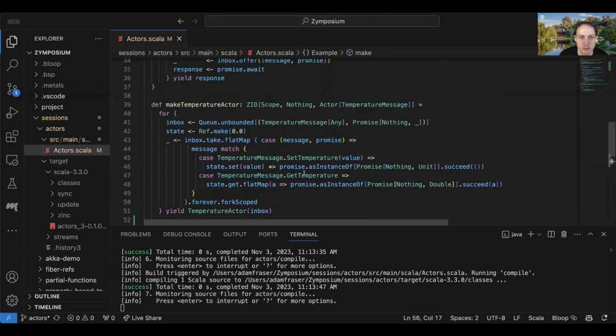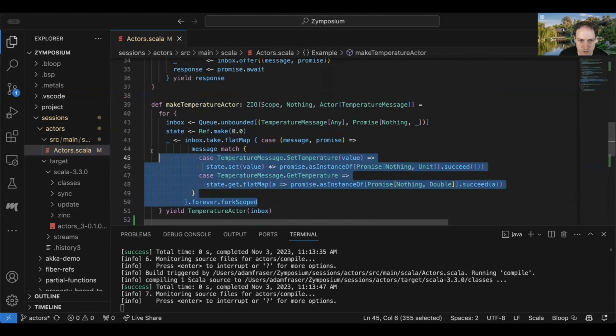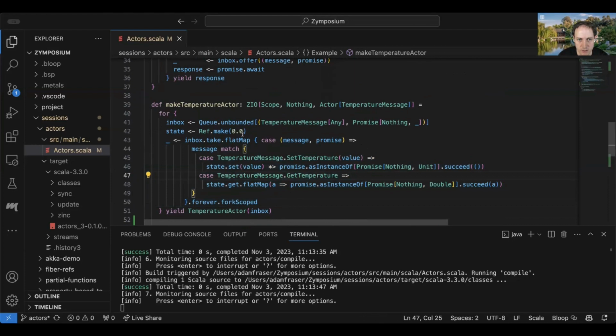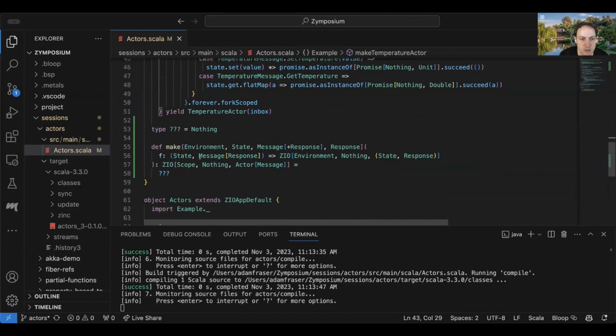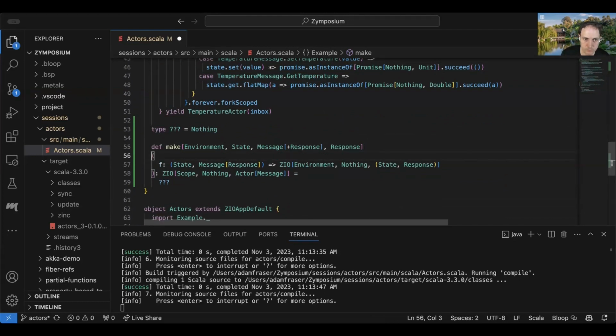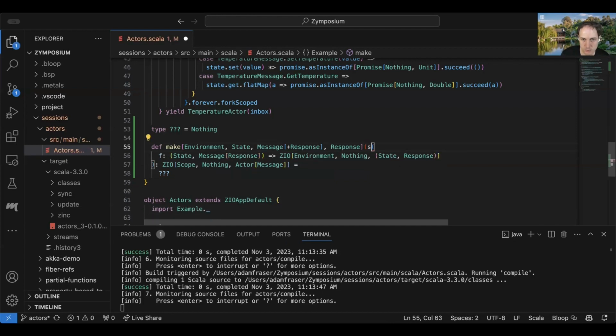We're missing an initial state. And we can also see that up here. If we focused on this, and this is where most of our business logic is, but we had one more thing that was specific to us, like here, we started with this 0.0, which is, I guess, we started with the temperature being 0 because we needed to have some number to start it with. Maybe we could have made an option of a double or something, but we just made it a double. So that's exactly right. So let's add that in here. Yeah, I think that's right.